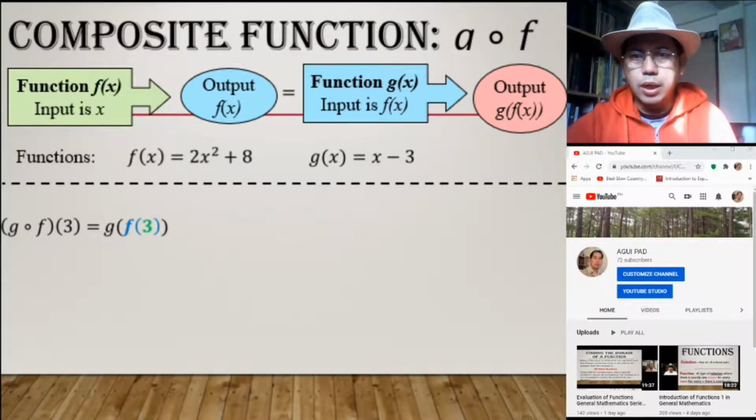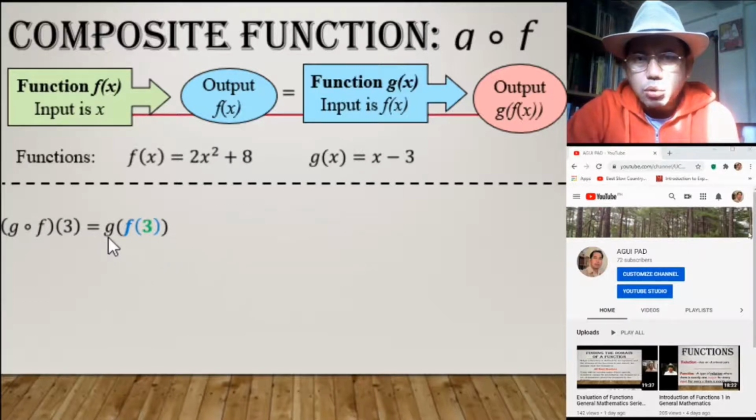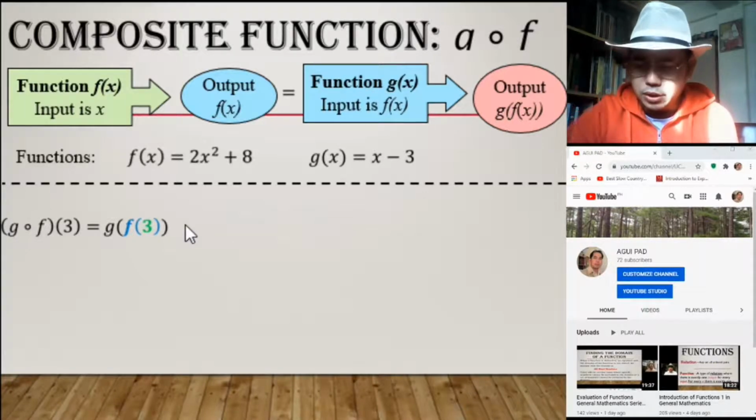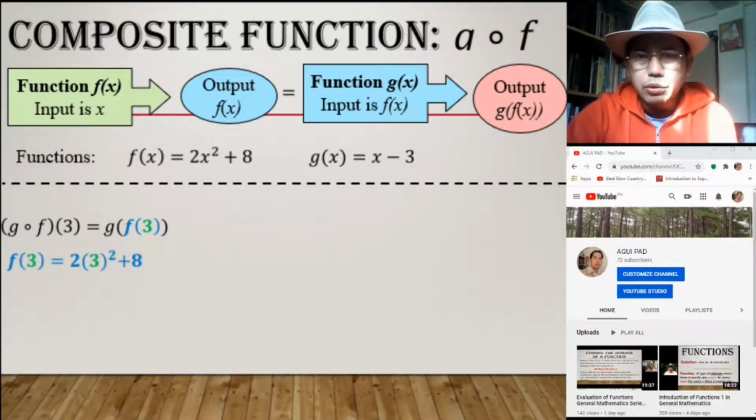So try to look at the figure, or shall we say the pattern we will be having in here. So we have the pattern in here which is g of f of 3. Now you will notice this g of f of 3 is the same as in our last output in the illustration. Now, how are we going to answer this one? Let's try to continue. So you will notice when I'm going to evaluate this pattern, or shall we say composition of the function, I will first